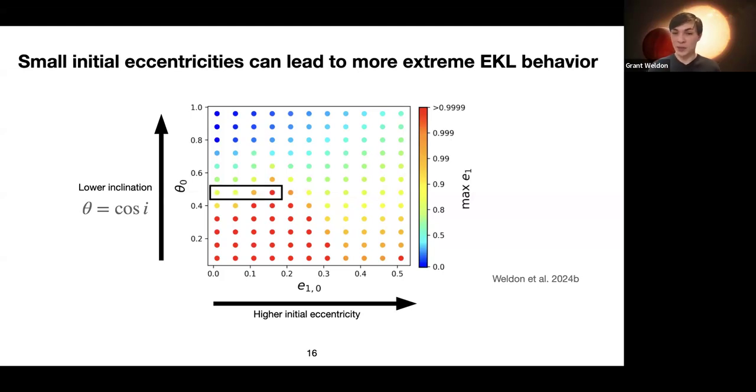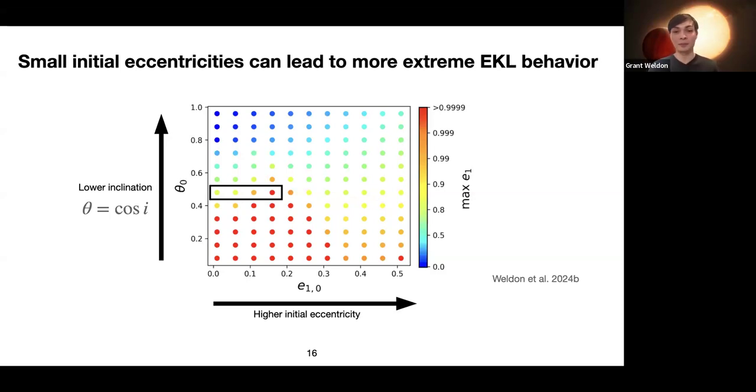If that's a little confusing, let's focus on just this rectangle. So this is a row of constant inclination. And so the leftmost point corresponds to a circular orbit. And you can see that the planet might reach through EKL an eccentricity of about 0.8. But if you start with an eccentricity just a little higher, of about 0.1 or 0.15, you can reach an eccentricity of greater than 0.99. And in this case, the planet passes much closer to the star, and you can have much more dramatic effects. So again, EKL is sensitive to just a small amount of initial eccentricity, such as those that can be generated